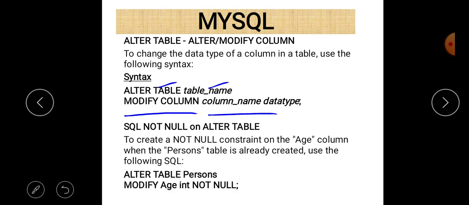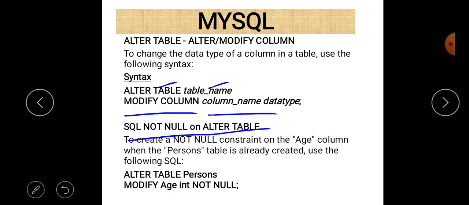And now let us talk about the constraints. We are able to change the constraints of a table using MySQL. So, SQL NOT NULL with ALTER TABLE. NOT NULL is a constraint.